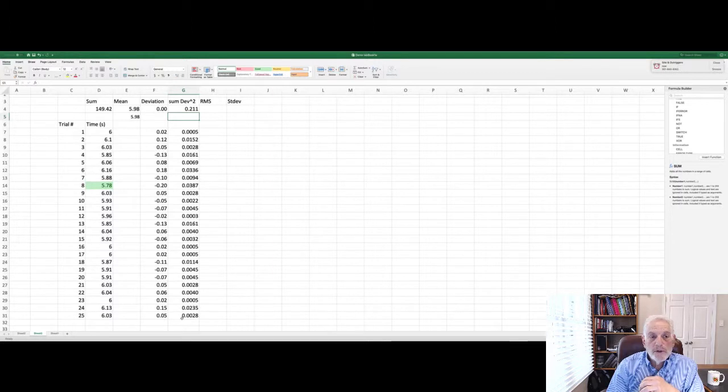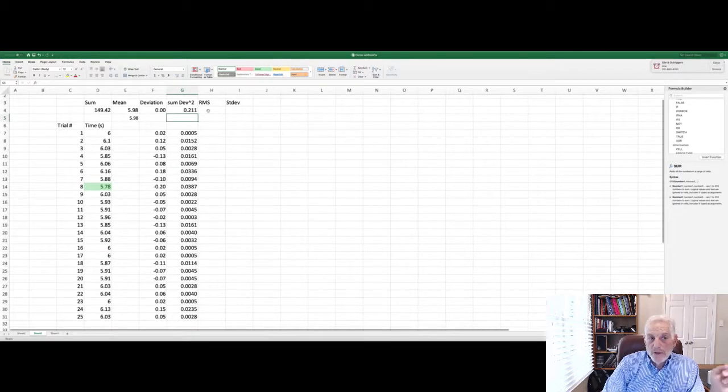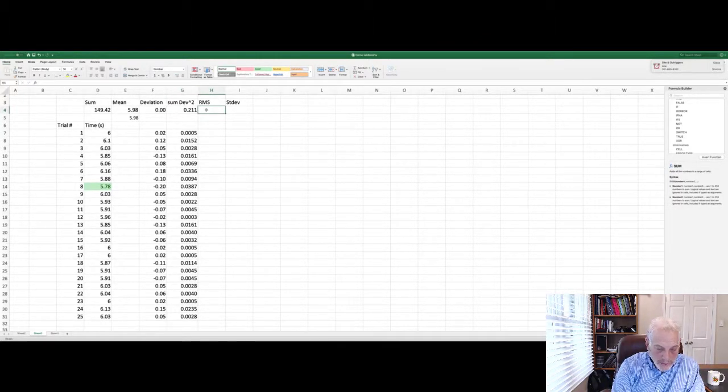So if I wanted to compute the root mean square, what I would do is, let's go back and think of those words a minute, root mean square. So I want to take the square root of the mean of this distribution. This is the sum of all the squares. So I would say equals the square root of this number divided by, in this case, 25. Okay, and that will give me the root mean square,